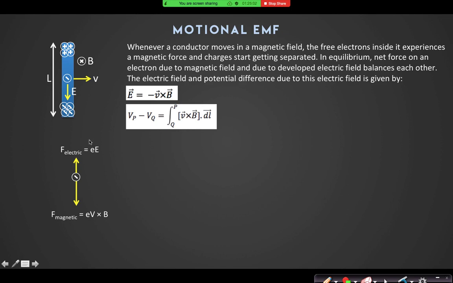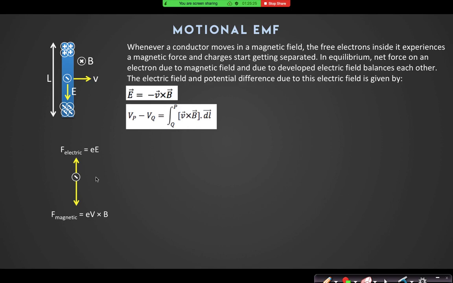So more electrons will accumulate on the lower part of the rod. For that charge separation, an electric field will be generated inside that rod from positive to negative charge. Can you see that electric field now? Yes. And that electric field is the reason behind the EMF induced. Can I say that this process will keep on going?